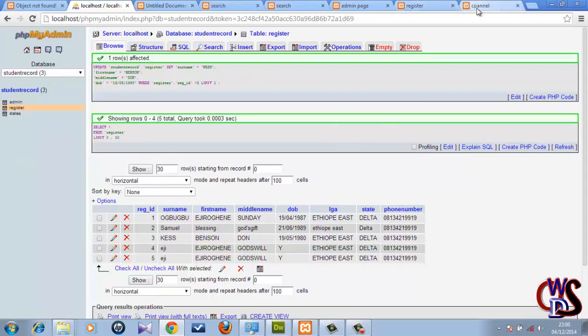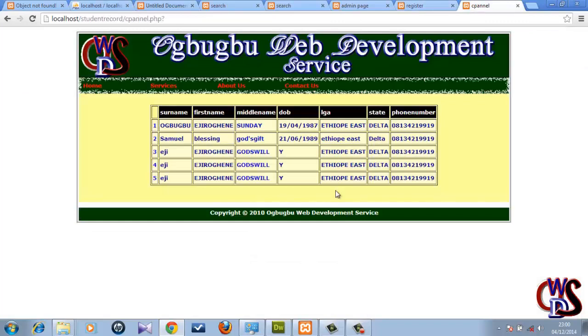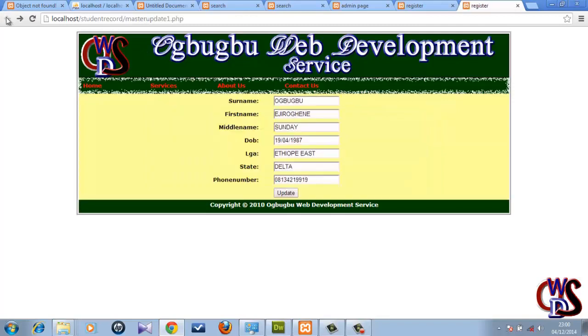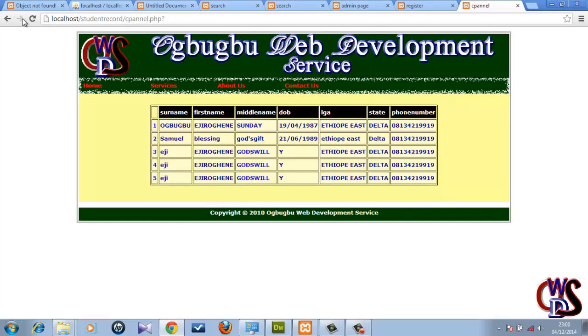the update form is working well and our cPanel is updating quite well. But the problem we have right now is that we can only update the first record with the ID 1 from this ID column we have here. We can't seem to update any of them at this point here. So what do we need to do? We need to do a little work on it in such a way that we can update them